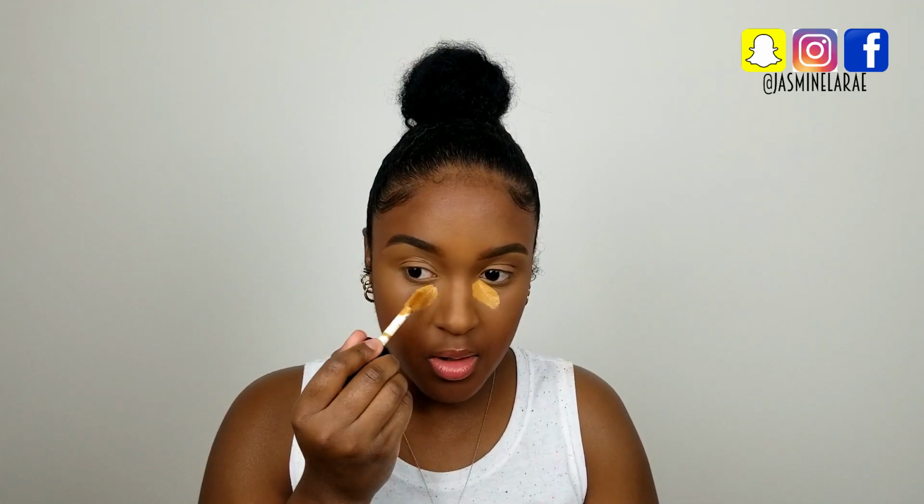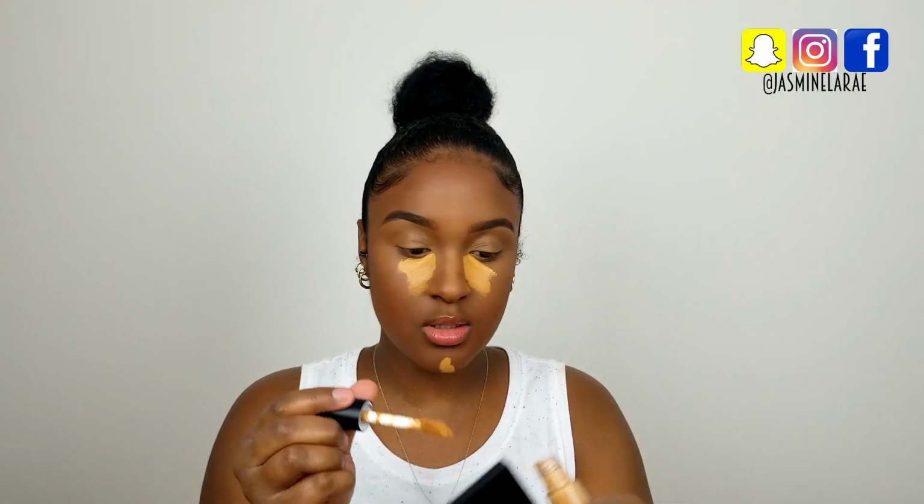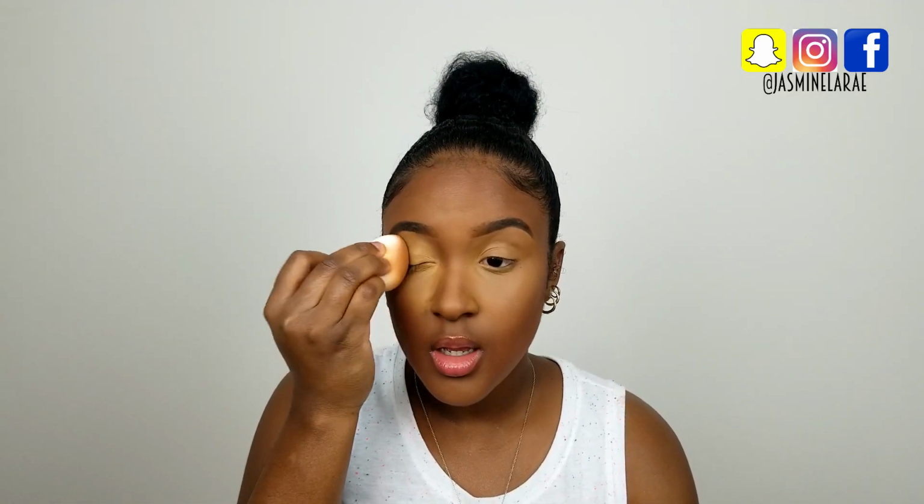So I'm gonna go over again, just under the eye area with more of the concealer. Give me that full coverage. Give it to me. So far, would I recommend it? Definitely. My only con is the shade range of the concealer and the foundation. I feel like we need to have a little bit more of a range